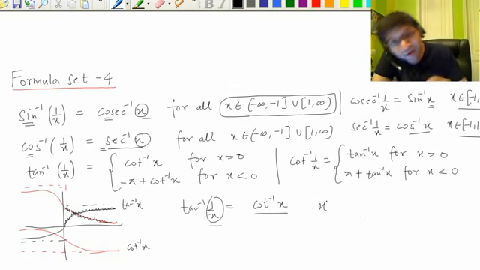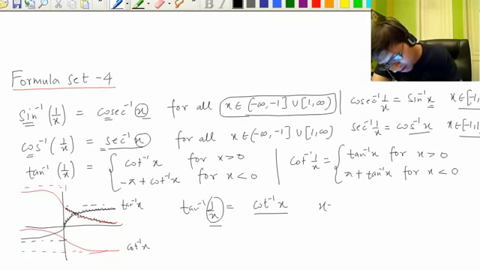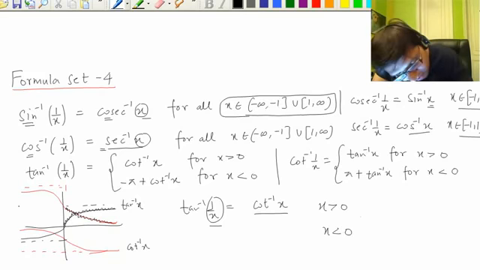So for positive values, again, I'm giving you the understanding, not a derivation. Derivation is not important. x greater than 0. Now if you see for x less than 0, move on to the negative section, the negative part. In the negative part, if you take tan inverse of any value, it's going to lie between minus pi by 2 and 0. So it means negative. This side is negative.